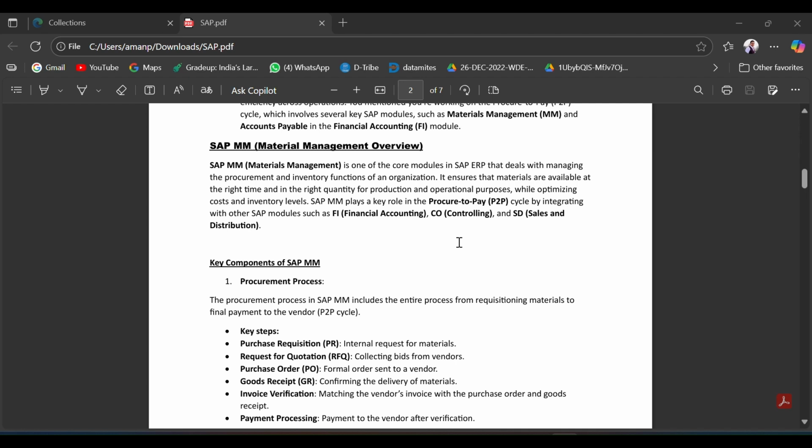That means buying raw materials, managing suppliers, checking stock, receiving goods, and much more. It's a core module in SAP because every business needs materials and products to operate.